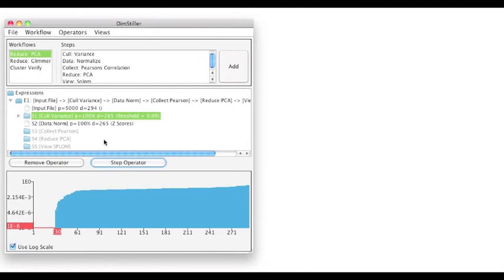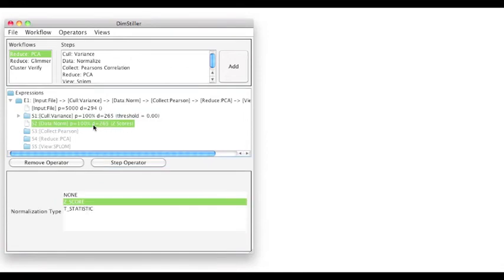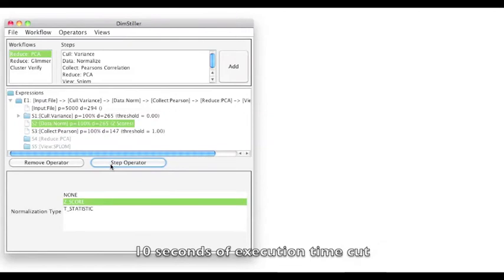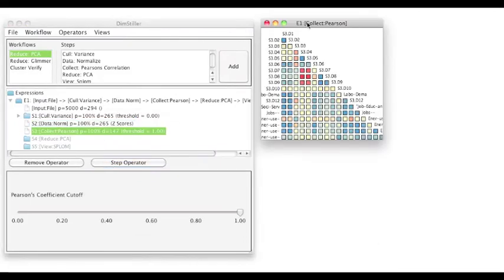The Data Normalize operator normalizes each dimension to the same range to remove bias in downstream computations. Collecting together the highly correlated dimensions reduces the number of output dimensions. The matrix shows pairwise relationships with a diverging color map, where red is negative, yellow is uncorrelated, and blue means